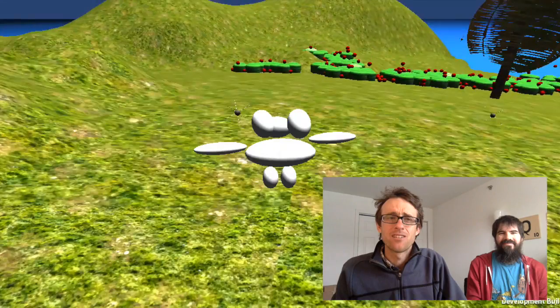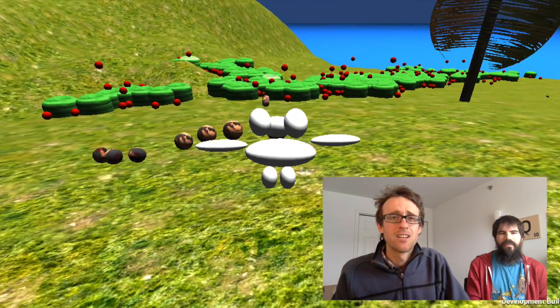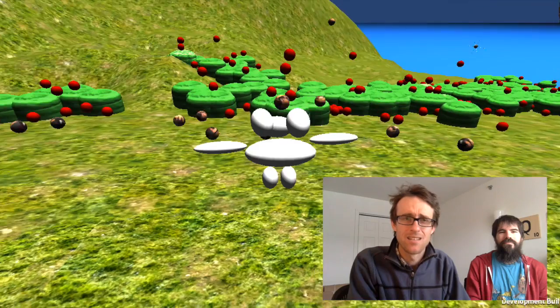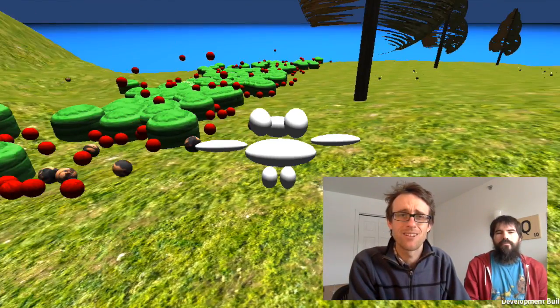But you can see over here, I've been dealing with that buckthorn, and then over here there's an even bigger patch, and I can just spam poop all over it. But in any event, this is the early version of this game, and we'll see what happens with it. I'm not sure where it's going to go, but...